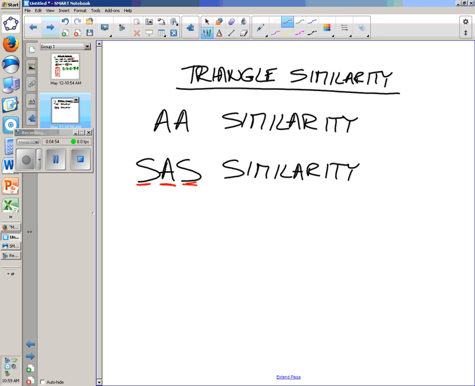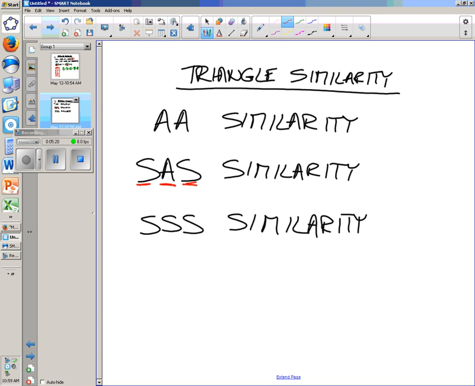So the sides from the big one to the small one, big one to the small one twice, are going to be the same scale factor. Then the last one is side-side-side similarity. In this one, you don't know any of the angle measures, but you do know the side lengths. And if the side lengths are all the same ratio from one to the other,